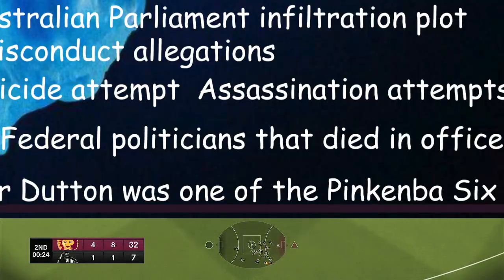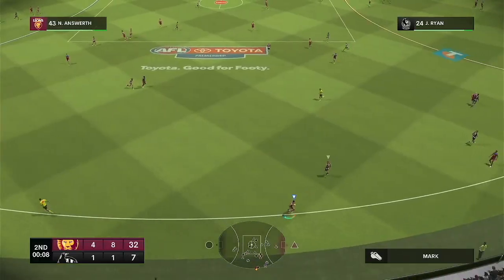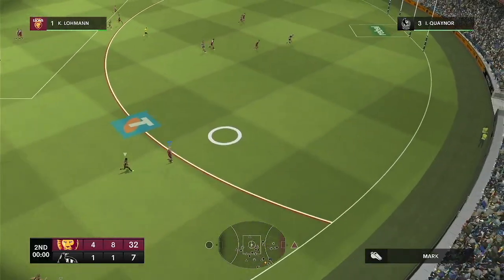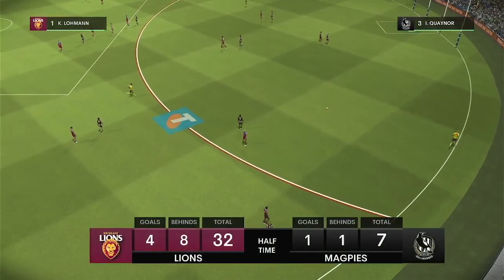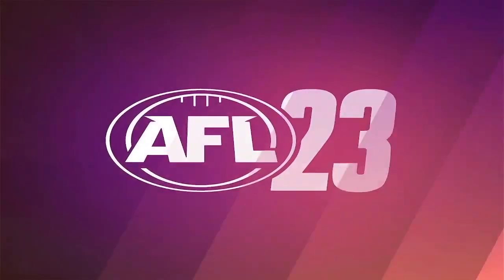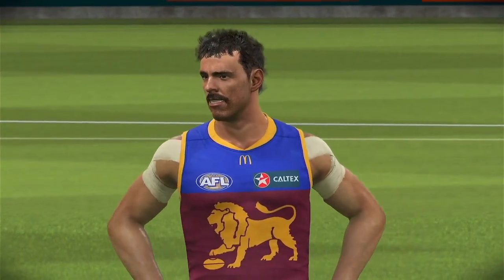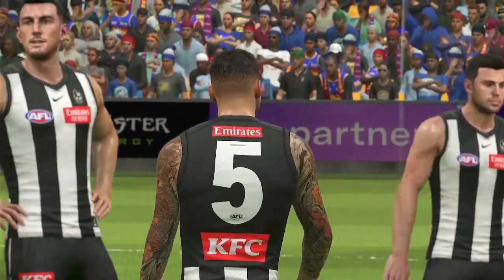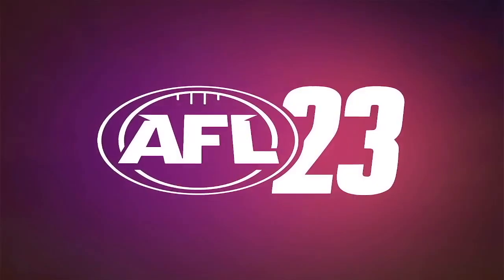Federal politicians that died in office. Death is an unfortunate part of life, and with that, Australian politics will be plunged into mourning once or twice a year. Alongside the 3 Prime Ministers that died in office, recent examples include Jim Molan and Linda White from the Senate and Peter Murphy from the House. The oldest to die in office was Billy Hughes in 1952, Australia's longest serving MP, who served for 51 years and who also served as Prime Minister during World War I. The youngest to die in office was Charlie Fraser at 33 years old in 1913.